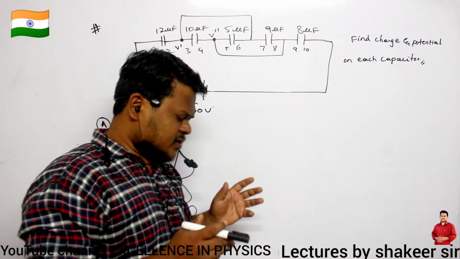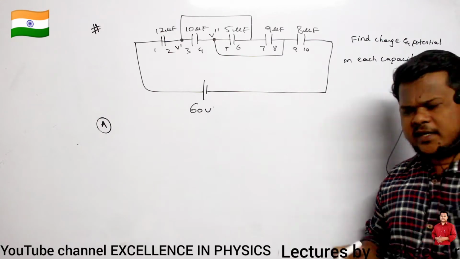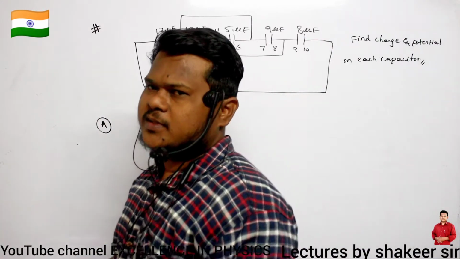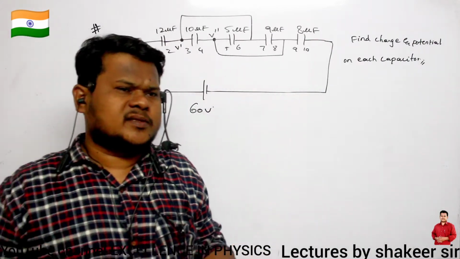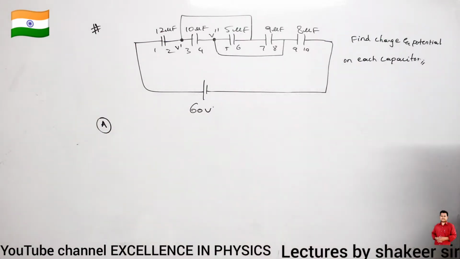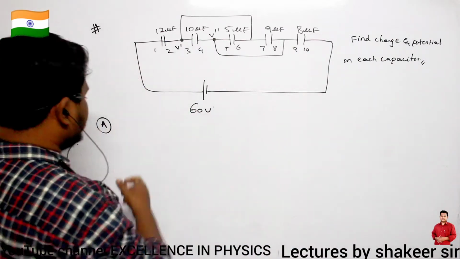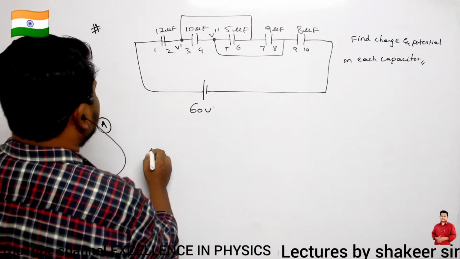It means the first plates of some capacitors are present at one potential, and the second plates of the remaining capacitors are present at another potential. It means definitely, what kind of connection is this? Is this series connection or parallel connection? Definitely parallel connection. So therefore how can you redraw this circuit? I can redraw this circuit like this.